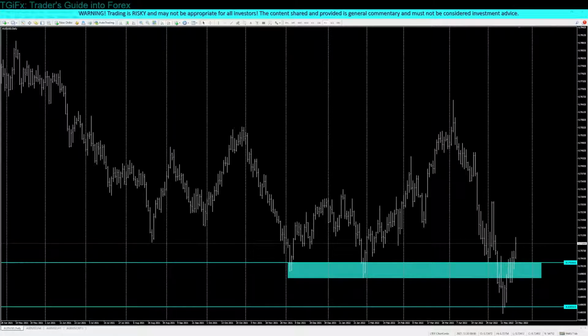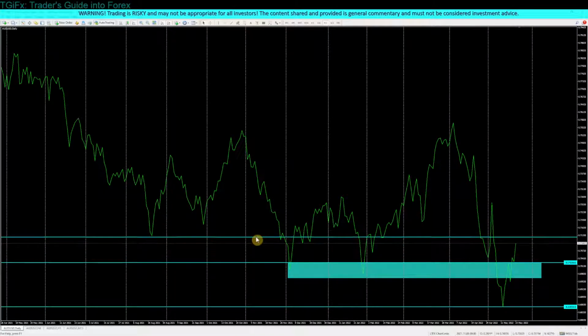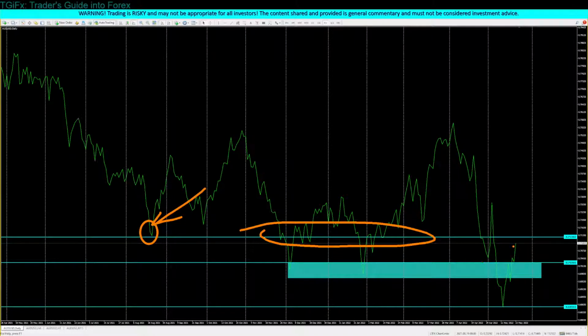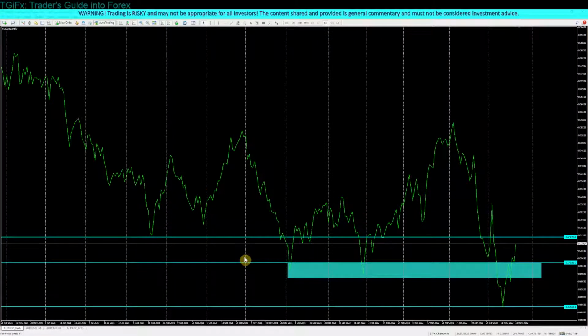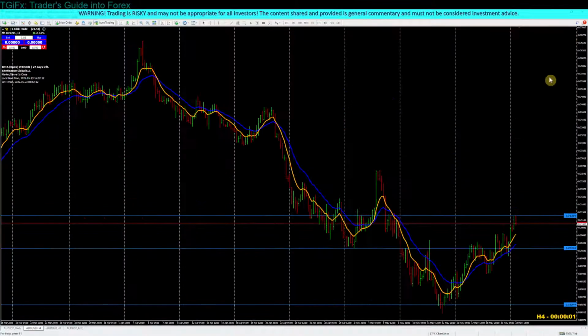Let's look here. I want to go on my line chart right here. I'm looking at the nearest ceiling based on the current price to be somewhere at this level, the previous floor. It's tapping this level right here. Then eventually, if it can go up, we'll be looking at a level somewhere right here. So I want to focus on this one instead. Okay, back to the bars. On that downtrend, technically, it just tested the ceiling a while ago. So that means if we want to buy, we want the price to be above this level so we can see the continuation. If I look at this on H4, I'll look at it here on H4 with the